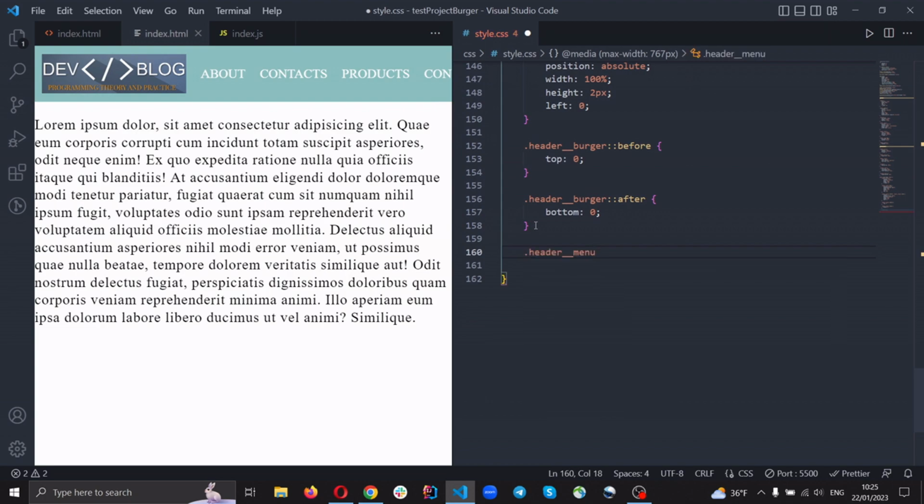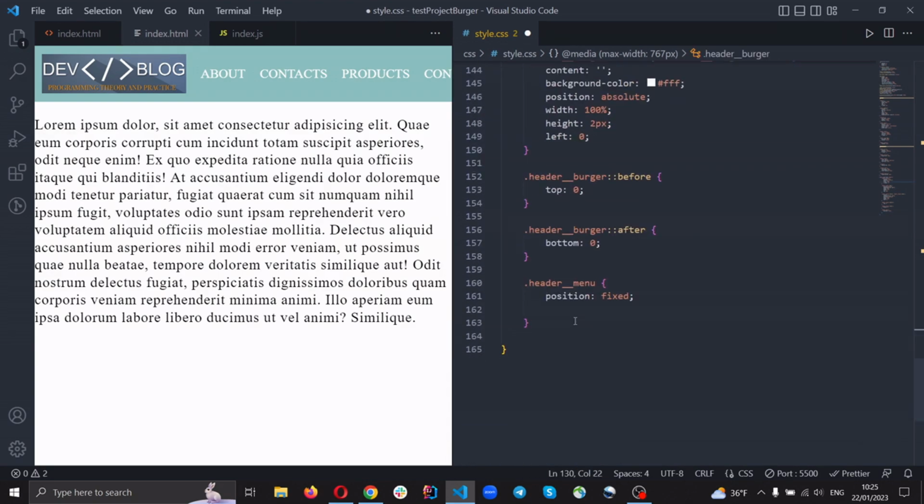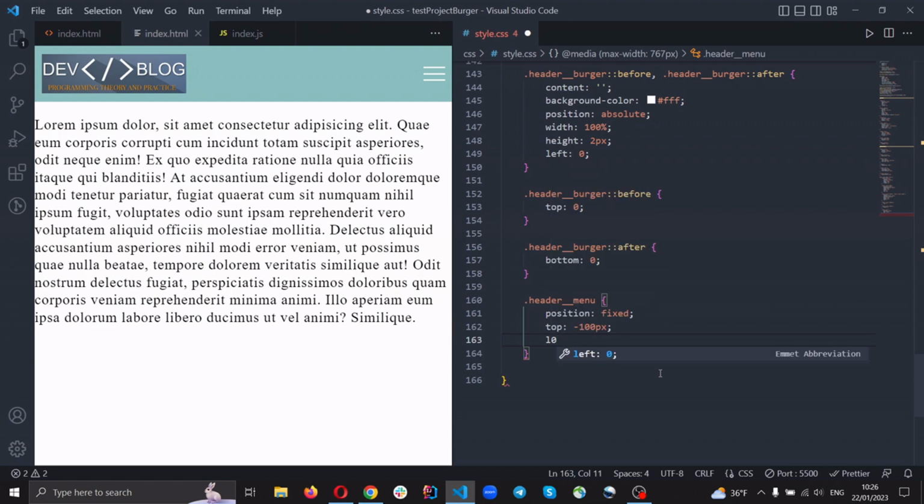We just set position fixed, and we need to not show our menu if the screen size is less than this. So for it, we just set top like this, and you see our menu burger that we created. We need to add some more style, left 0,